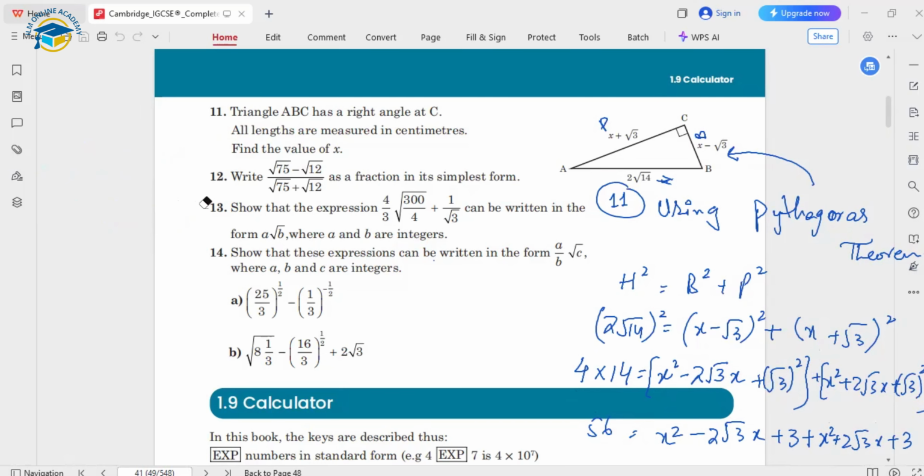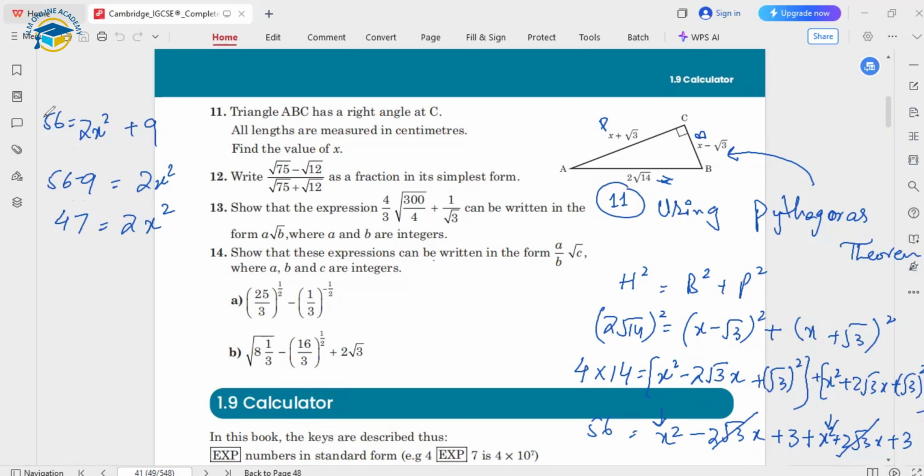Okay. So next we will simplify. Here these two terms can be cancelled out, minus 2 square root 3x and plus 2 square root 3x. So we are left with 56 equals x square. But x square we have two, one is over here, one is here. So x square plus x square will be 2x square. And along with that, we have 3 plus 3, 9. So now we need to simplify this. First, we can shift this 9 to the other side, that will be in the form of subtraction like this. So from 56, if I subtract 9, this will be 47, and 2x square as it is.